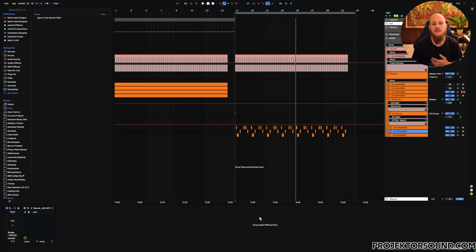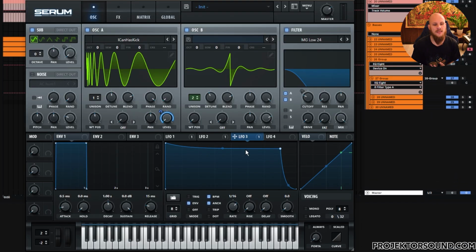But first, I want to go into the second patch over here. Now this is actually the exact same patch, but instead of using 8 notes like we were in the first patch for the LFOs, we're using 16 notes here. Of course, all of these are also set to envelope, meaning that they're just going to trigger once. And that makes controlling these modulations and syncing them to the time of your notes a lot easier than using,